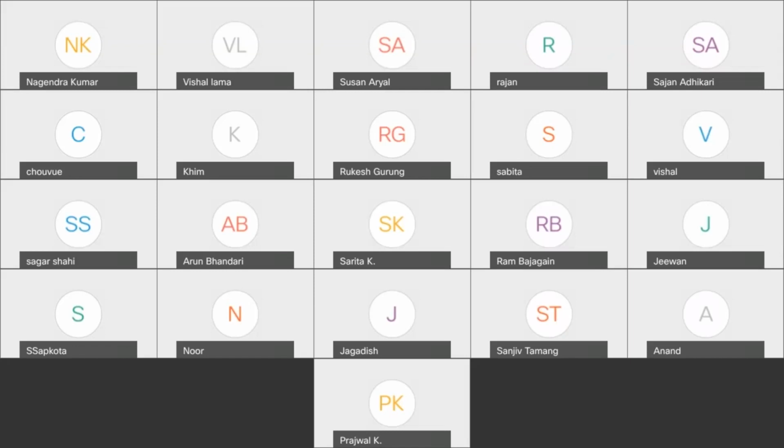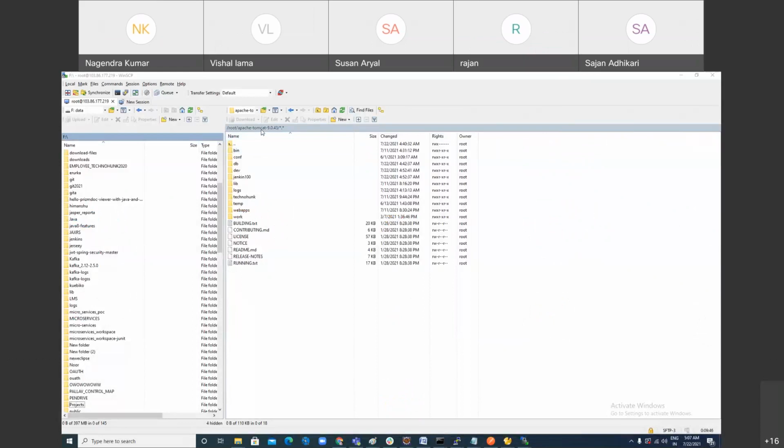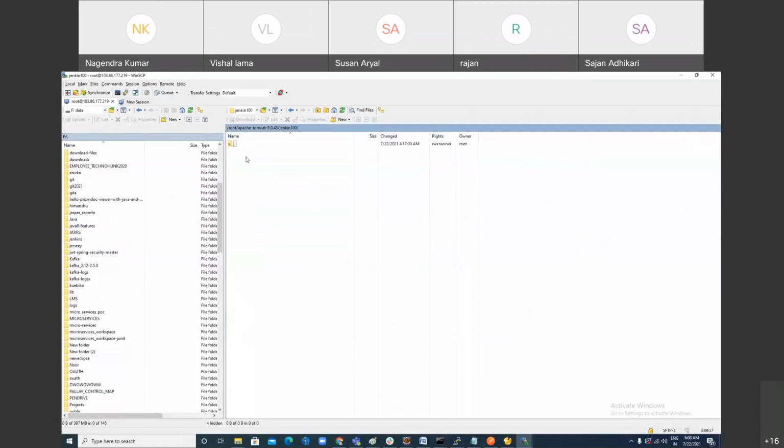Let me show. Hey, Tomcat is here. Can you see this? Actually, my agenda is I have configured this project in such a fashion. Can you see this? The folder is there, Jenkins and Dev. Actually, in this folder,